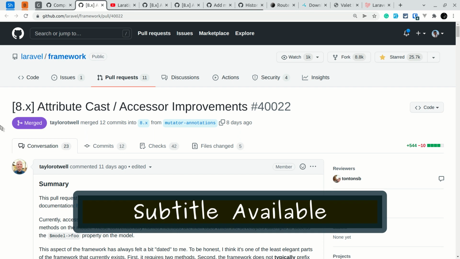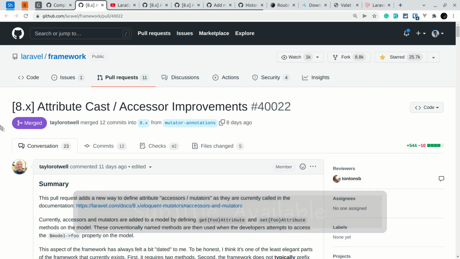In today's video, we'll be looking at 4 new things that are added to Laravel version 8.77.0. The first thing that has been added is the improvement on this attribute caster accessor, which is contributed by the